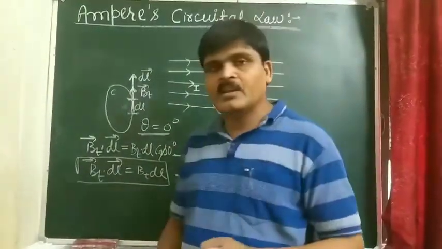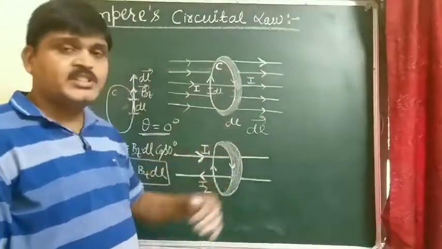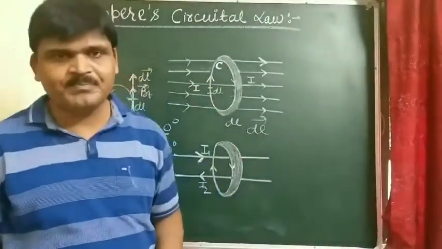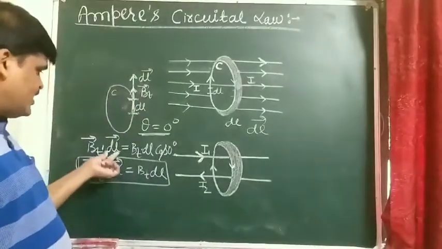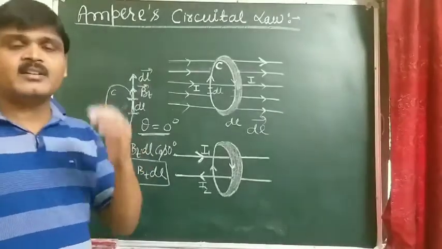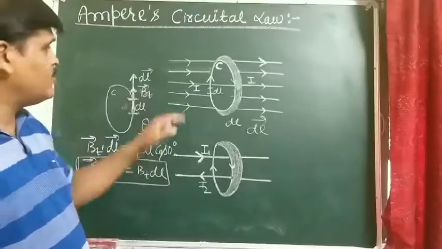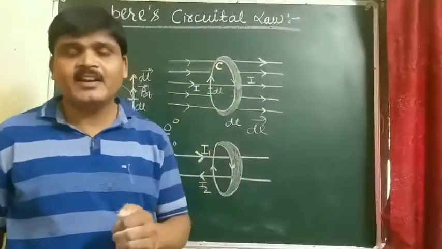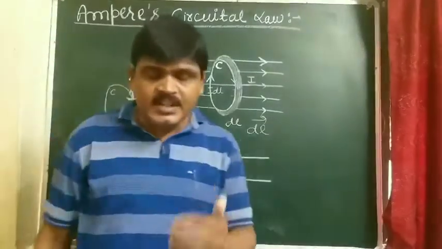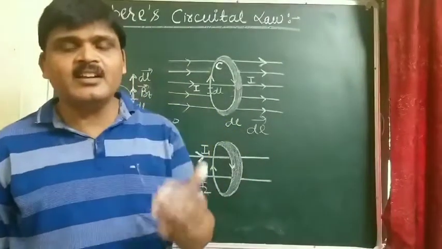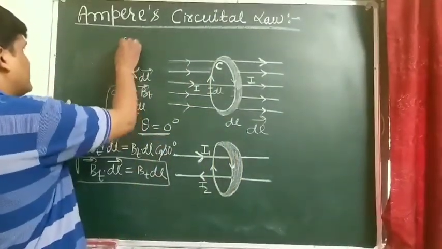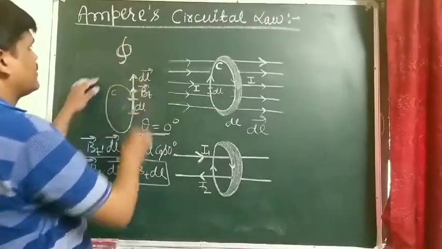And student, this boundary is made by a large number of small line elements, and if dl is very small, and the products for all elements of the boundary are added together, then the sum tends to be an integral around a closed path.